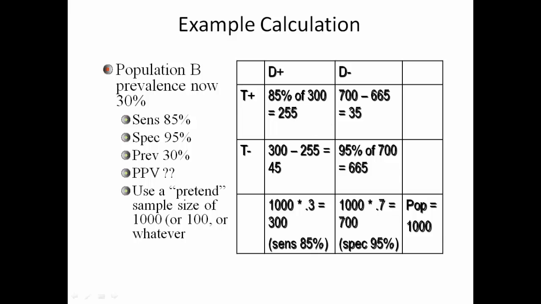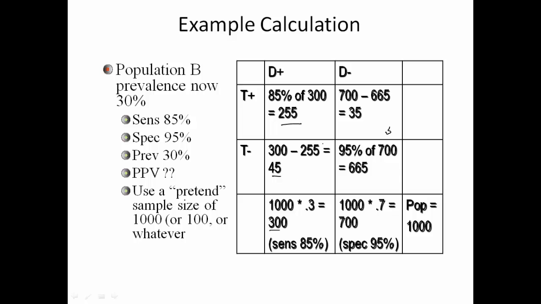So 85% of 300 is 255. 300, the prevalence, minus 255 is 45, and same deal over here. The specificity is 95%, so D over B plus D, 700, is 665, and then you subtract it and you get 35 for the B column. Okay,